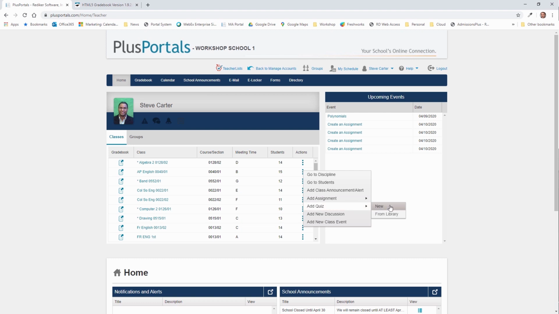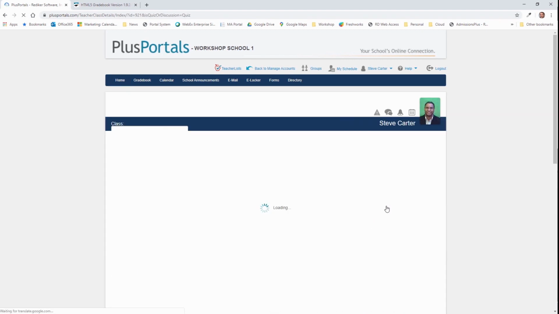And what we'll do right now is I'm going to create a new quiz. But just know that if you've created quizzes in the past, or even for other classes, you don't have to recreate them for each one of your classes. You could go and add them from the library. So we're going to go here to New, and that brings up the quiz builder. So I'm focused on this class,